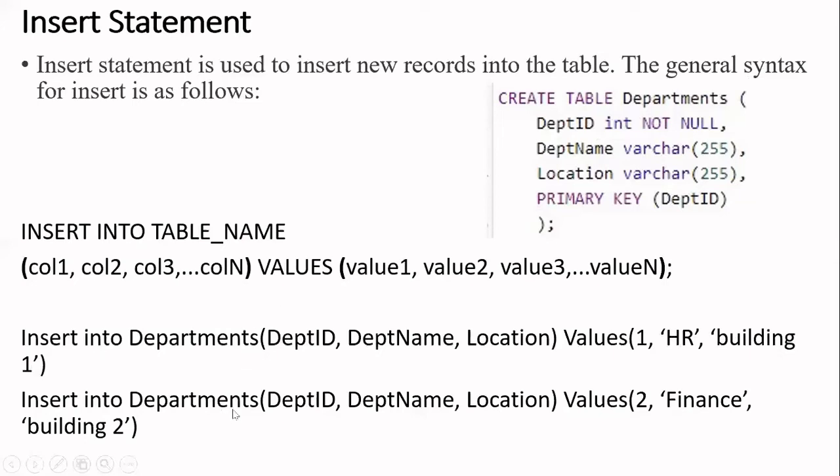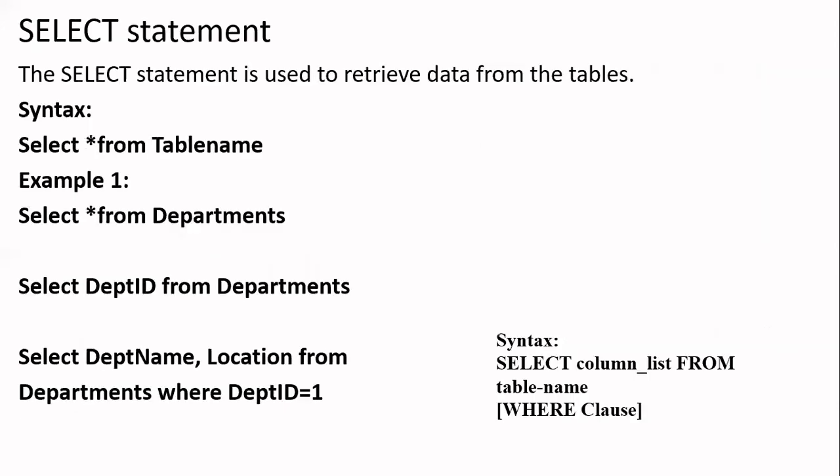Similarly, you can insert n number of records using the insert statement. So you write again a second time insert into department. Here the values we are changing, as after 1 we are writing 2 finance department, and it is present in building number 2. Now after inserting this data, the question in our mind is how to display the data. So for displaying the data, we are using the second statement, that is the select statement. Now what is the purpose of the select statement? The select statement is used to retrieve the data from the tables. Now how to retrieve the data from the table?